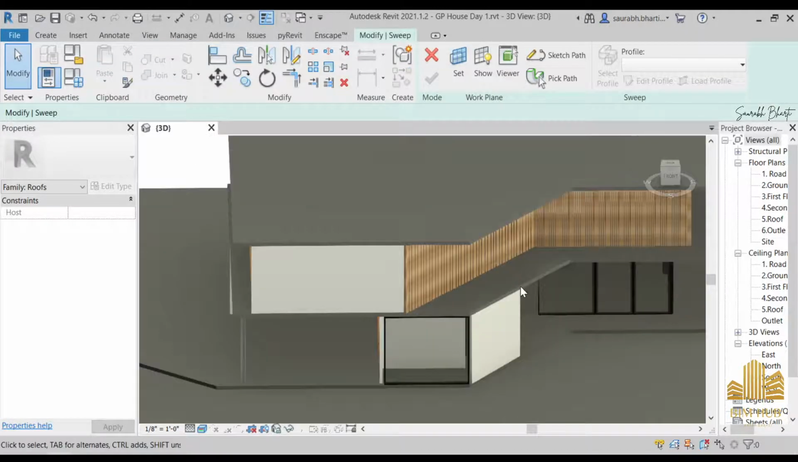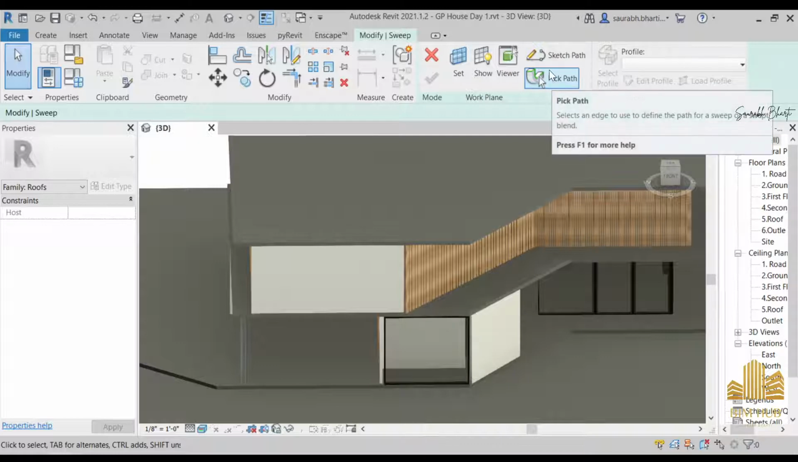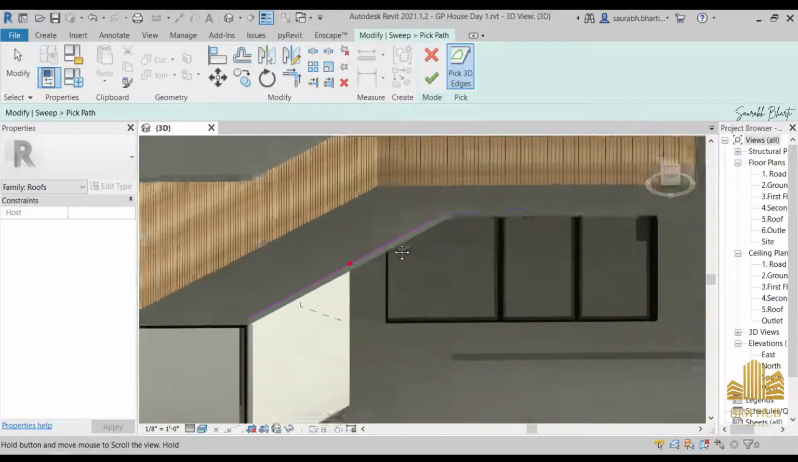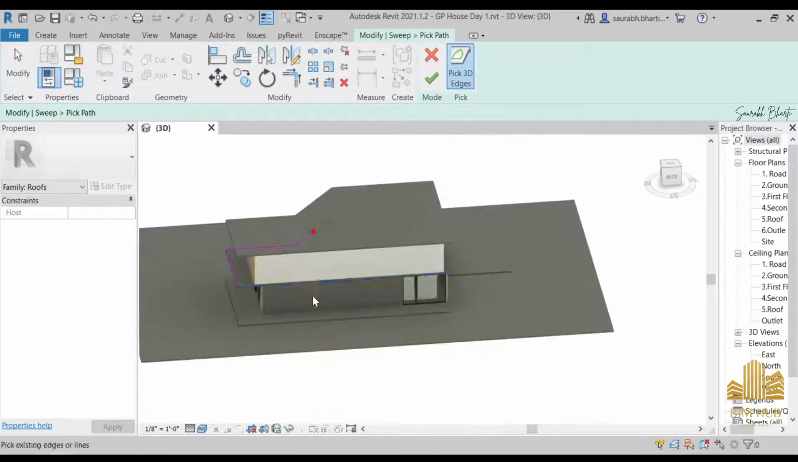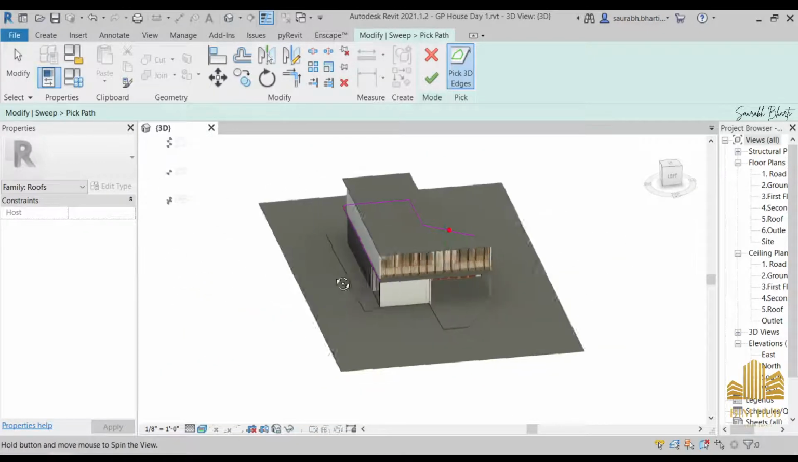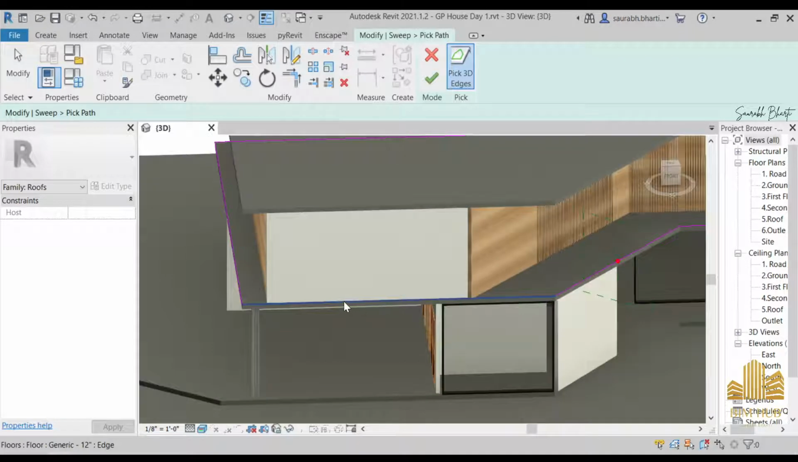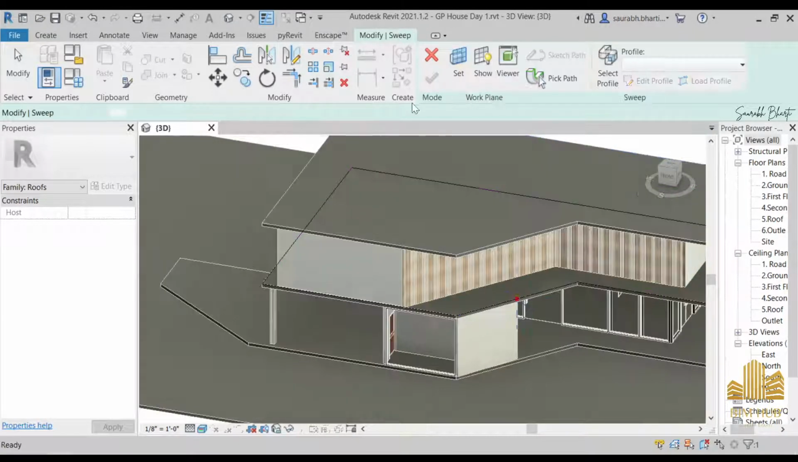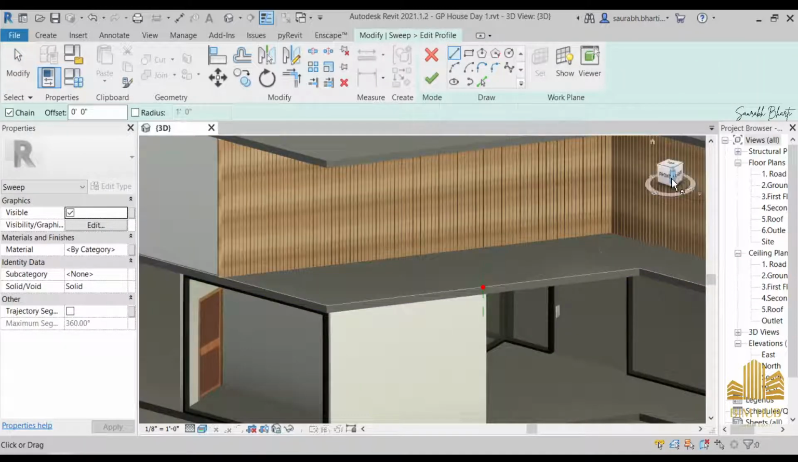Okay, and then we have to pick a path or sketch a path. So in this one we are going to pick a path, and now we are going to pick this path, that is this one. As you can see, I'm just selecting in the 3D view, Pick 3D Edges, and now we have selected every part. Almost one is left. So as you can see, we have selected this part. Now just press OK, and after this you go to Edit Profile,